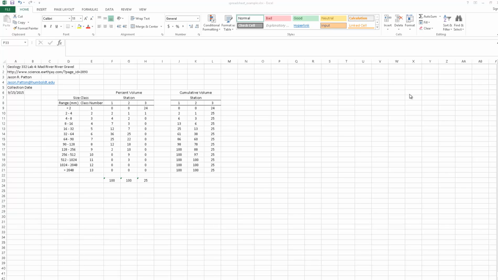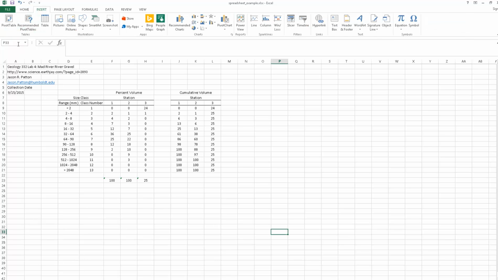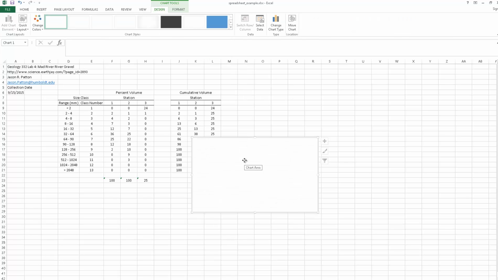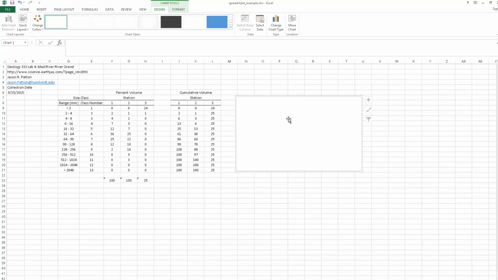Now we will plot the data using the percent volume. So it's a little different on a Mac, but the basic principle is the same. So we're going to go to the Insert tab here, and we're going to insert a chart, and we're going to select a scatter chart with dots, straight lines with markers. Now we have a blank chart here, and I'm going to right click. I'm going to go select data,